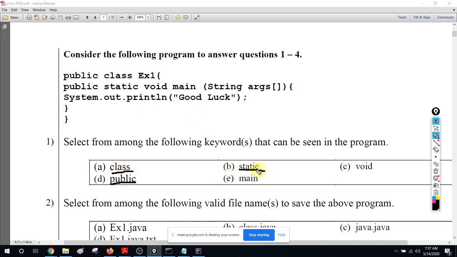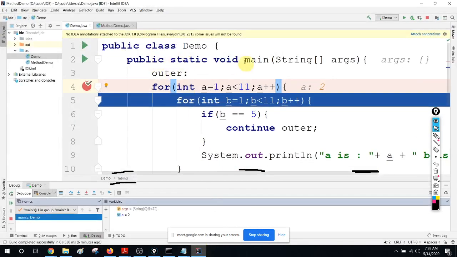We will discuss static when we do object oriented programming. Void is a keyword that we used today, and main is not a keyword. Main just happens to be the method name that is run by default. You can see here that main is not highlighted. All the things in blue are the keywords.